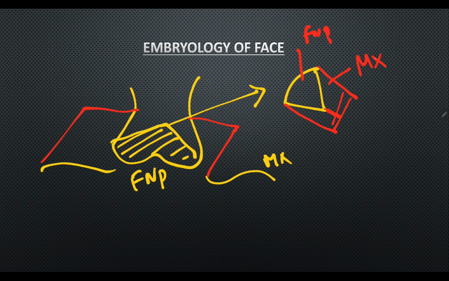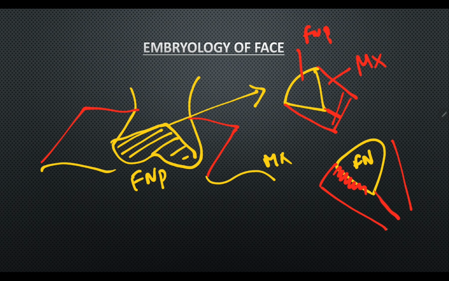Now one thing to note, here there is fusion of the frontonasal process with the maxillary process. If there is failure of fusion of these two processes, again there is a cleft palate. If there is a failure in fusion of the caudal part of the palate, there can also be a cleft arising in the soft palate. Let us discuss the varieties of cleft palate in detail.